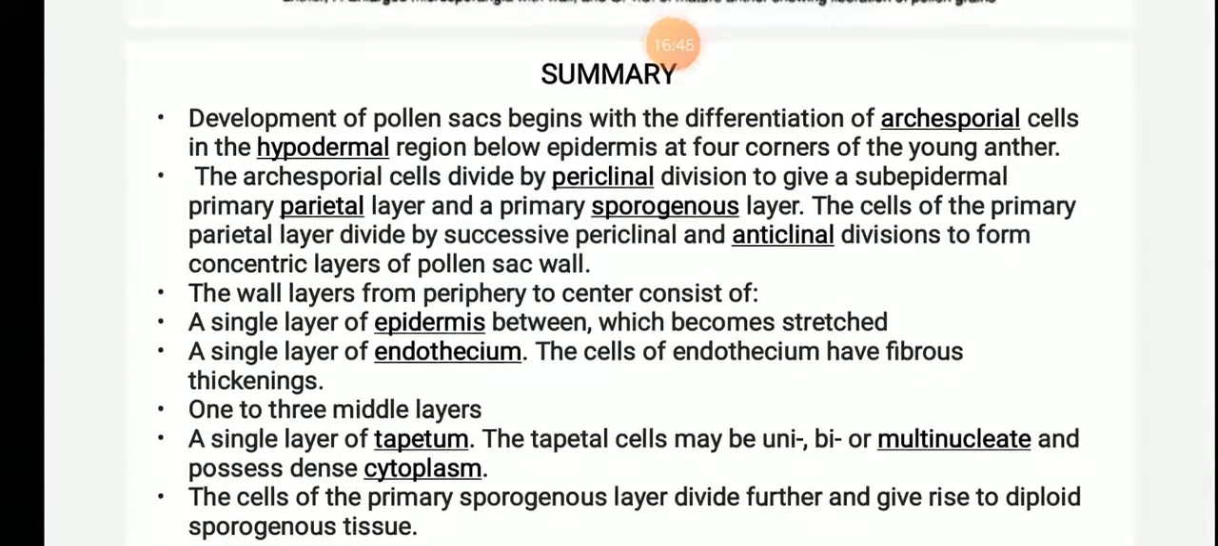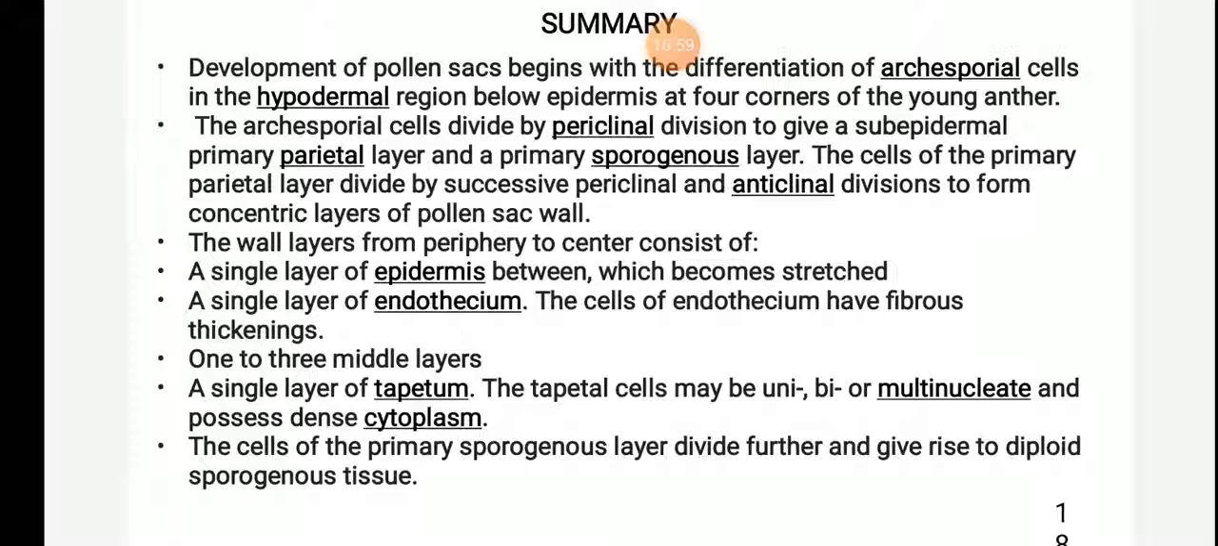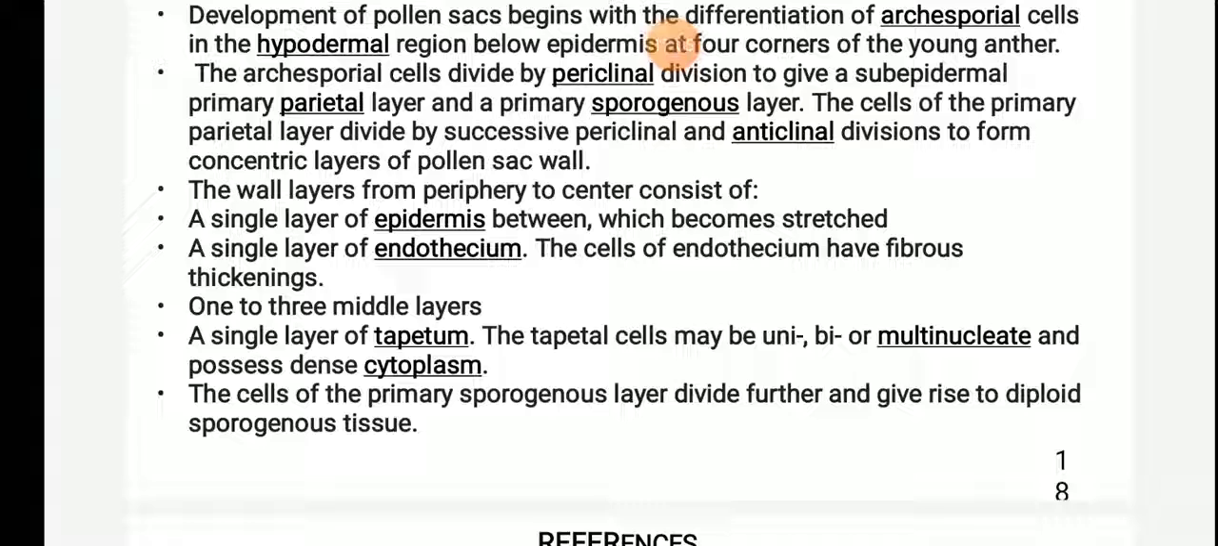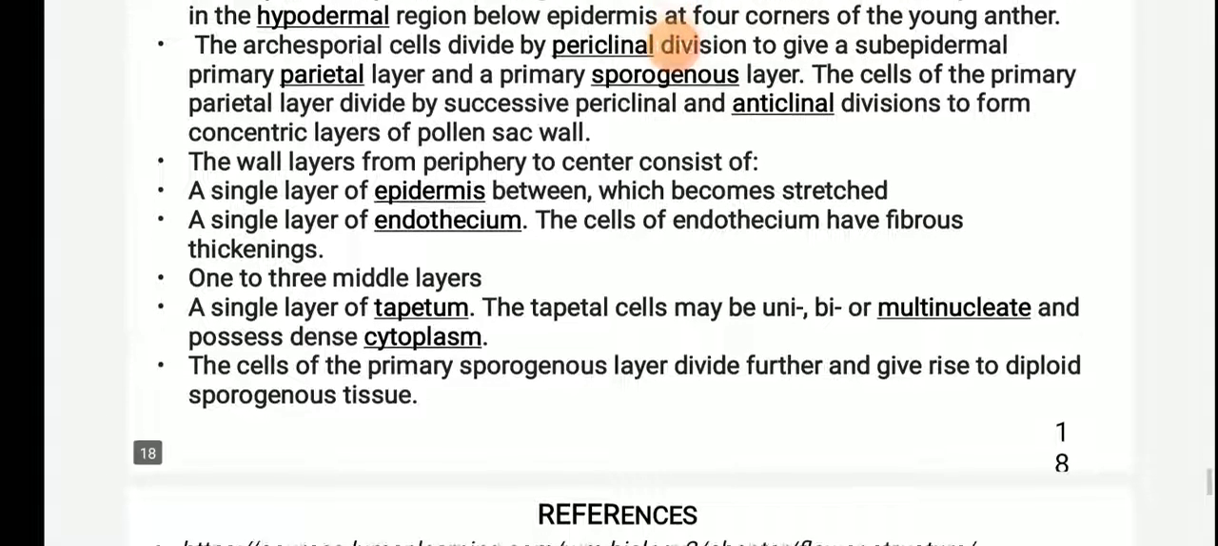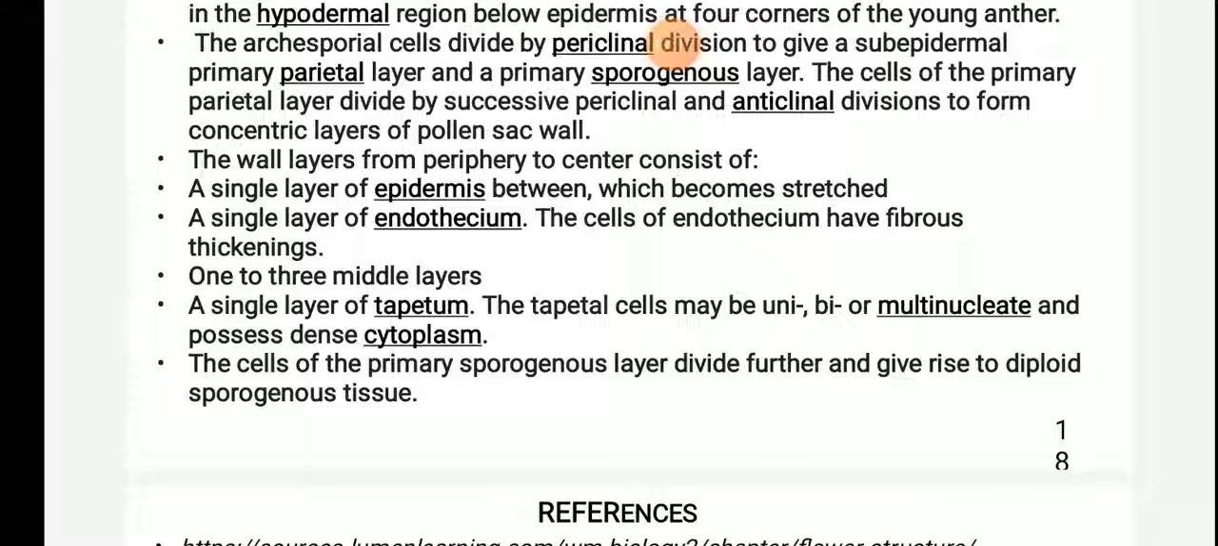So to summarize, the development of pollen sacs begins with the differentiation of archisporial cells in the hypodermal region below the epidermis at the four corners of the young anther. The archisporial cells divide by periclinal division to give a subepidermal primary parietal layer and primary sporogenous layer. The cells of the primary parietal layer divide by successive periclinal and anticlinal divisions to form concentric layers of pollen sac wall. The wall layers from periphery to center consist of a single layer of epidermis, which becomes stretched at the mature